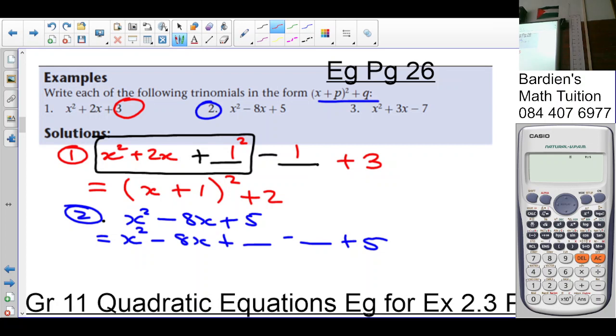And what is 8 times a half? 4. And 4 squared is 16. This is a perfect square trinomial. Okay? So that gives us now x